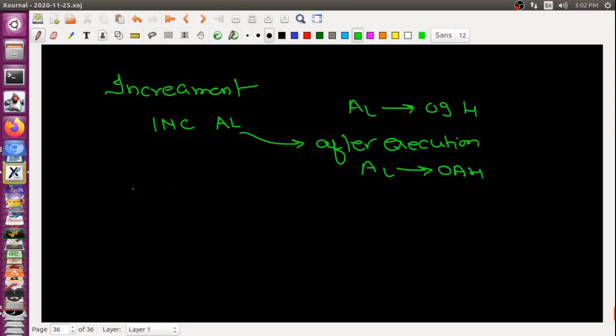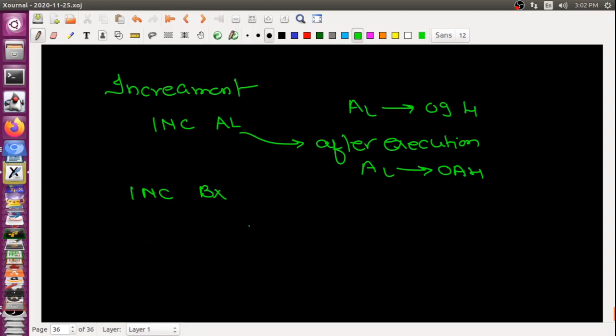Similarly, we can increment BX; whatever value it has will be incremented by one. Please remember that it will not affect the carry flag. We can use this with any type of pointer.